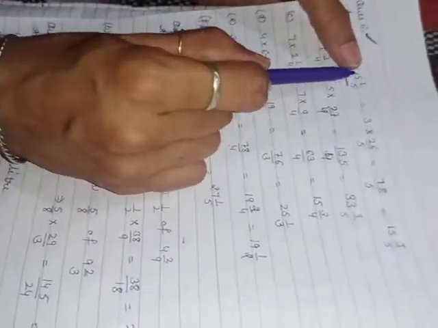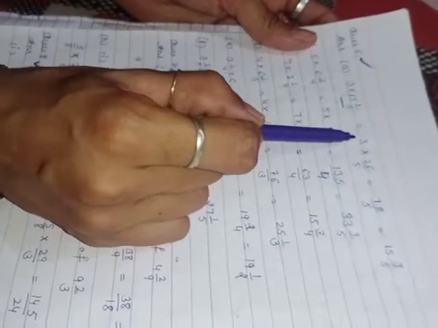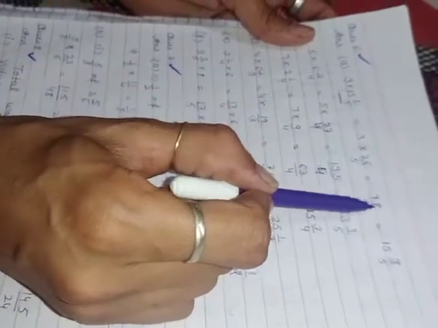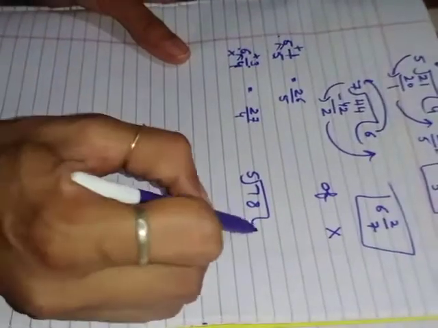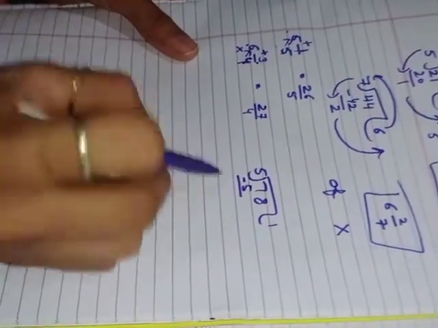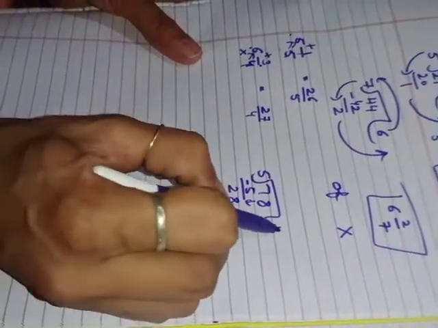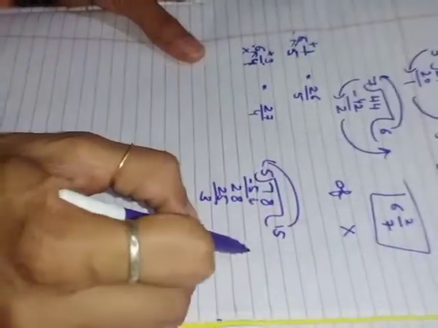Now come on to your sum. You have 3 multiply 5 1 by 5. So when you change it into a simple fraction, you get 26 by 5. So multiply 3 with it. It does not cancel out. So 3 multiply 26 is equal to 78 by 5. Again when you change 78 by 5 into a mixed fraction. So 5 1s are 5. Clear? On subtracting you get 2. From upper you take the 8. So that is 28. So 5 5s are 25. Remainder is 3. So that will be in front. That is 15.